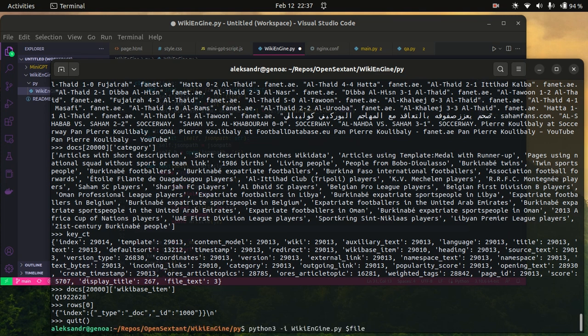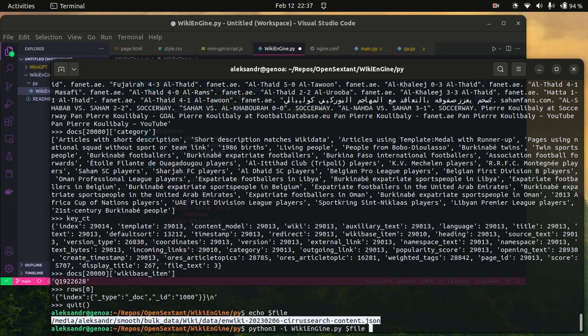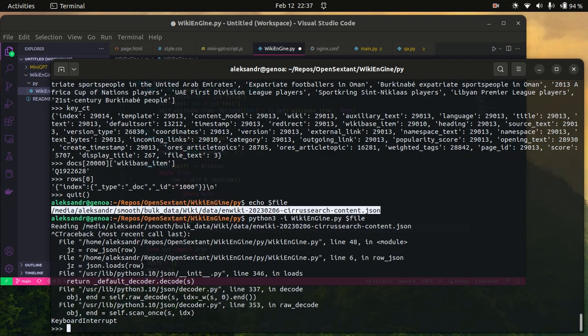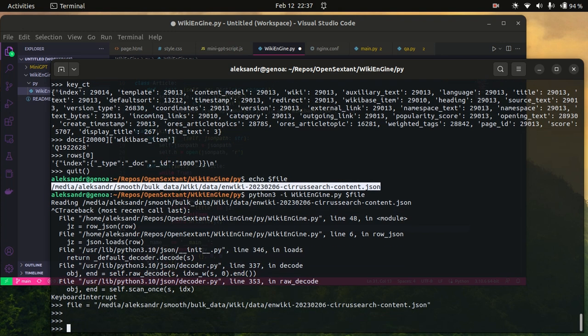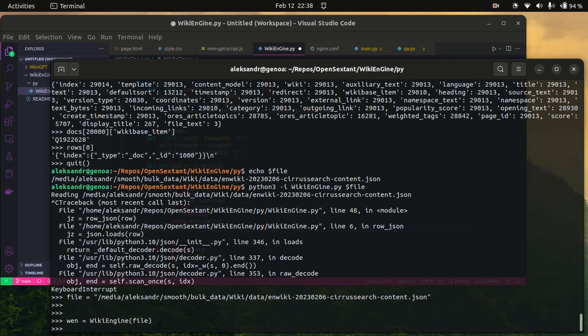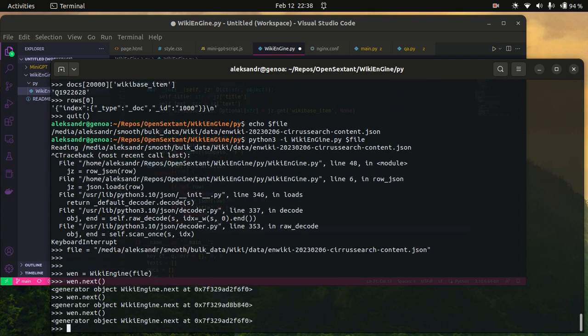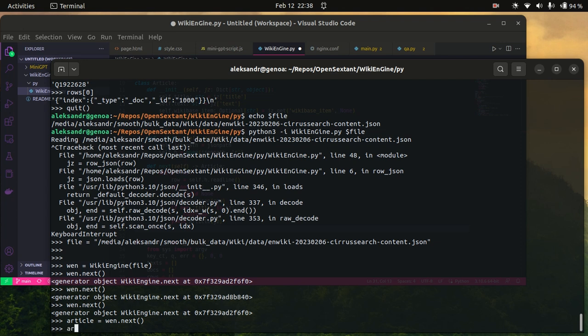Okay. So if I echo, this is what the file is that I'm using. So let's do this. I will simply open this and set file equals the name of that file, and now I'm going to instantiate the engine. Now let's see what happens if I call next. This might actually be working. So let me call this an article, and I can then do things like article